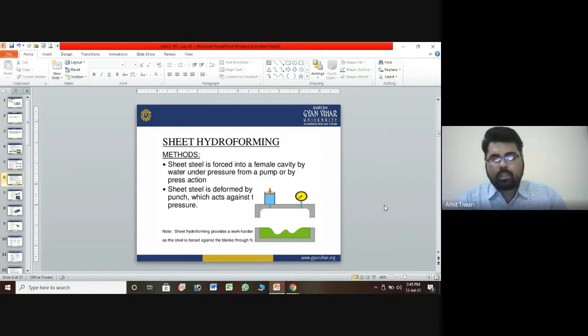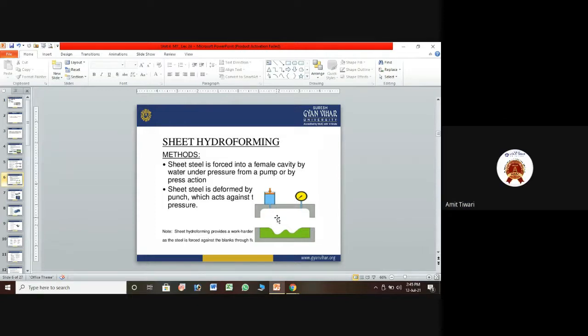So what we do basically in this is apply the sheet to the female cavity. That means you can say these are the die, and you can check the pressure of the liquid here. You can apply the water from that point and check the pressure of the water which is required. Between the material and the press, you hold both the joints, and you imagine that high-pressure water will be applied, and the sheet will be converted into the final design. So these are the types of force we are applying on the sheet metal in the sheet hydroforming method.